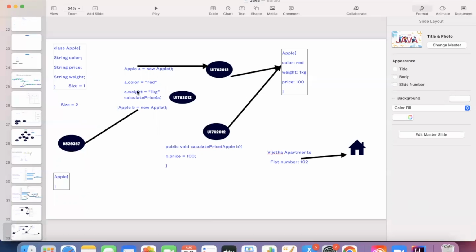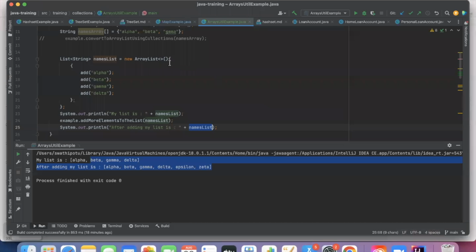Okay. Are you able to understand this pass by reference? Yes, sir. Okay. That's why, I mean, there is